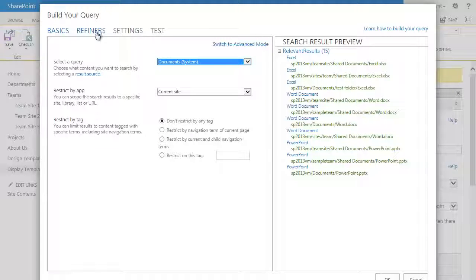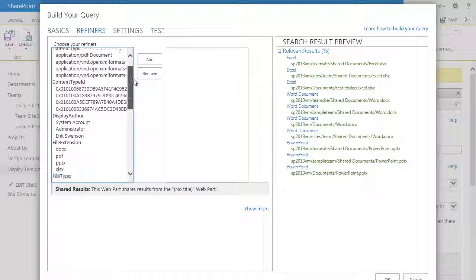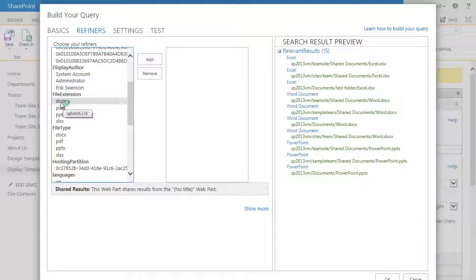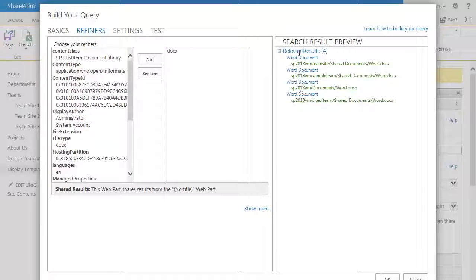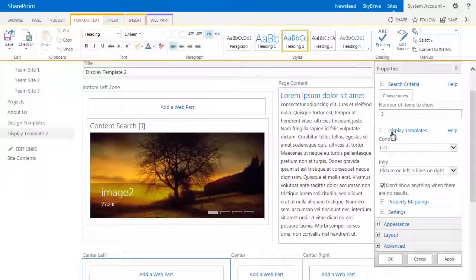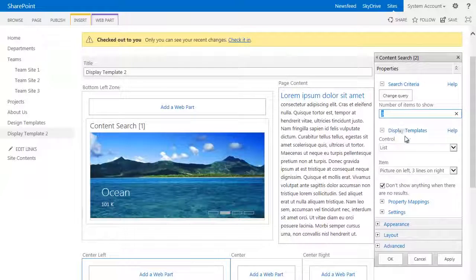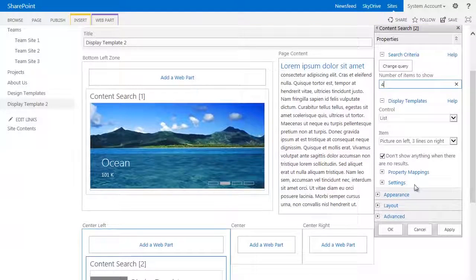Now another cool thing about the refiners is if I choose documents in the system, you'll see I have Excel, Word, and PowerPoint. If I just want to limit just to Word documents, I can click on refiners. And down here, under file extension, I can choose DOCX. Click add. And you'll see my refinement is now only to Word documents. I could change this to Word and something else, that sort of thing. So when I'm done, simply hit OK. And here, maybe I'll change it to 4. So if I hit apply,